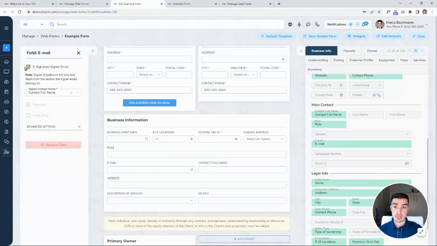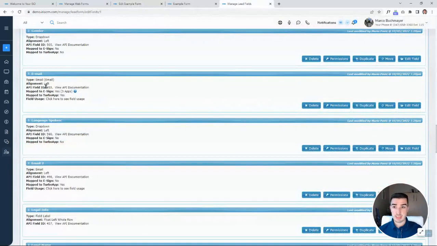and then click on it to see the settings, you'll see that this is already checked. This isn't because I just had it checked. This is because I mapped my email lead field that uses the email special that's linked to your applications and is already likely mapped if you've been using Iris CRM for e-signature. So Iris CRM will automatically do that for you if you map that lead